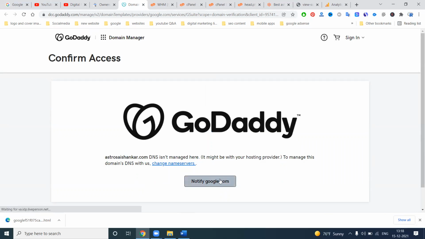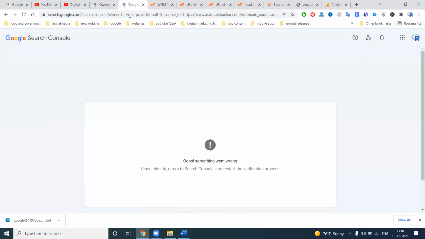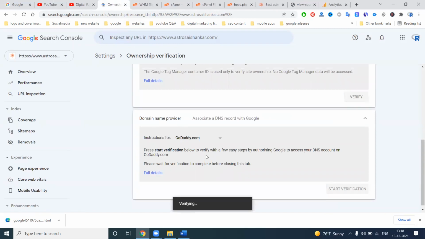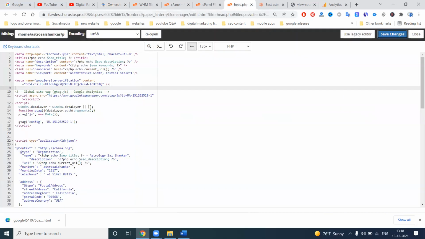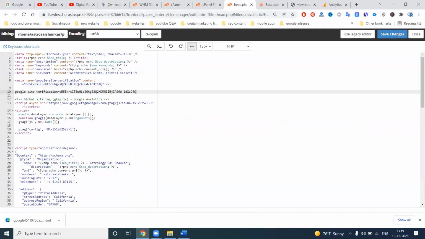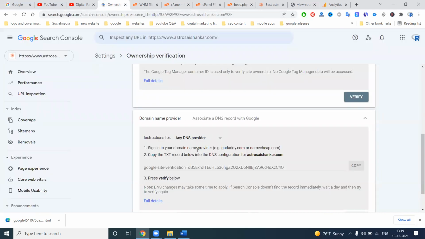So the code is not verified properly. What do we do? Simple. Use the DNS provider, copy the link, the same as the header file. Actually, they will create this file also. Copy the TXT record below in the DNS configuration and click it.